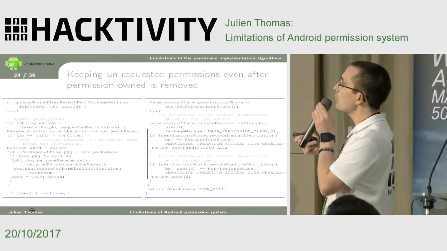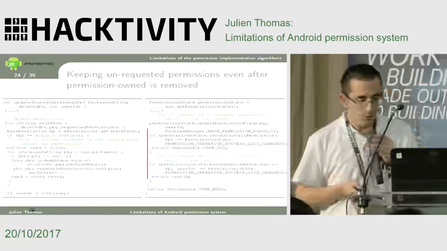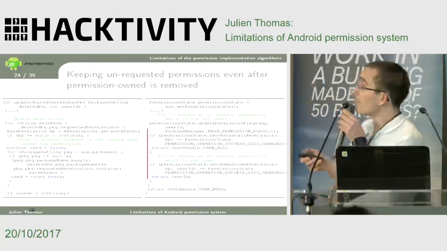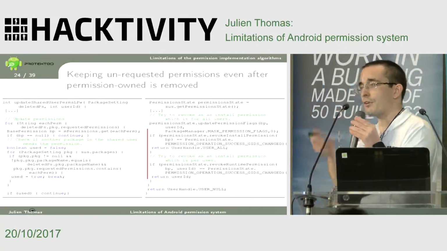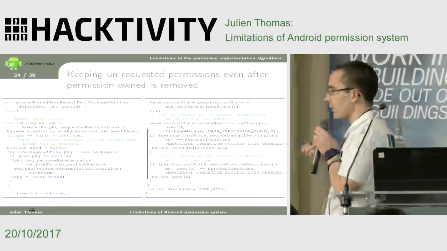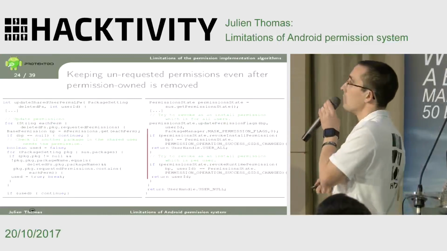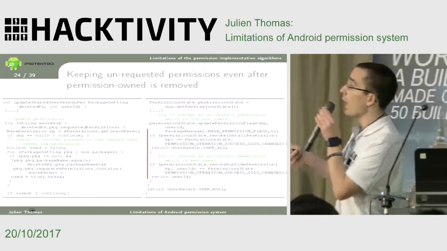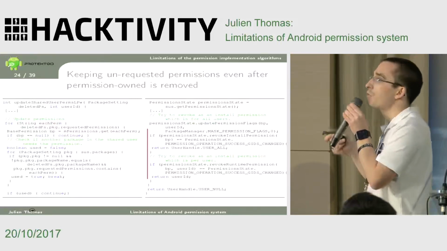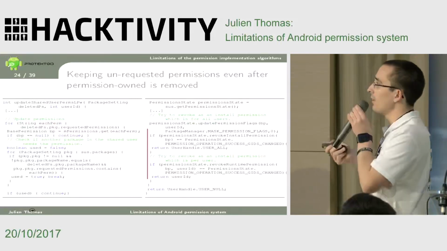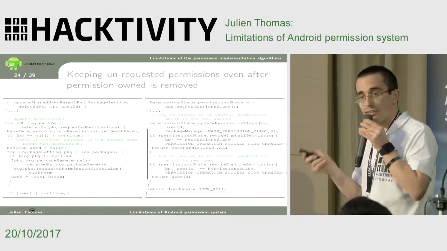It says, okay, if you do not access a permission that requires a group, well, exit and then grant the group. Well, that's good. The only issue is that you should not exit. You should flag the fact that you need to reboot all the applications of the shared user ID after you removed all the permissions, to have the group ID correctly mapped. But if you stop in the middle of the loop, the first time you see a permission that requests a reboot of all the applications, it stops here. All the other permissions that should have been removed are still here.